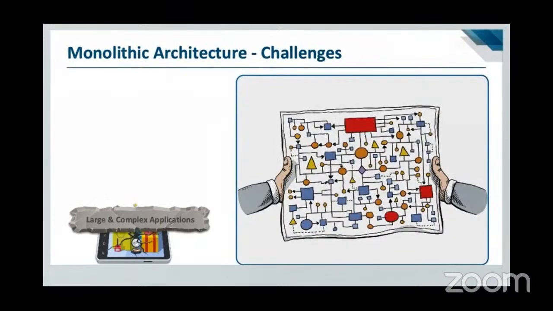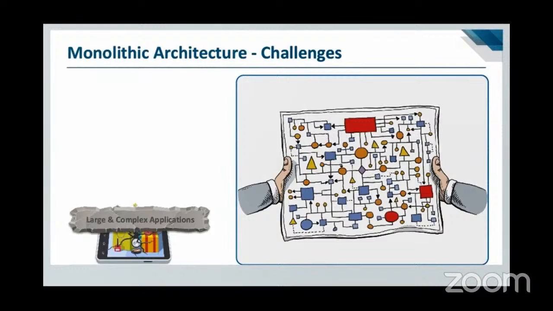Now, when we adopt this monolithic architecture style, there are a lot of problems that come up. Okay, so what are those problems? First of all, is large and complex applications. The code base becomes so huge because all the components are stored in one code base. So there is the recommendation code, there is the video streaming code. All of them are huge code. So the code files might be hundreds or even thousands of code files in just one project, which means that any developer who has to understand the code base will take a lot of time to understand it.